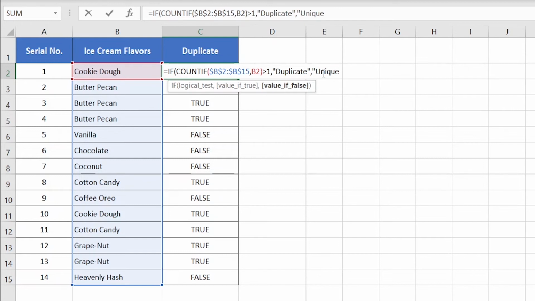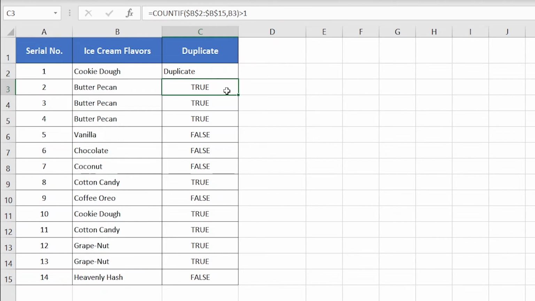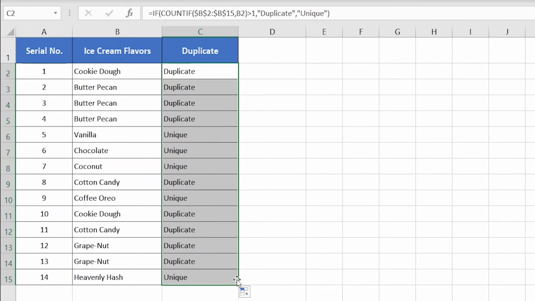After that, insert close parenthesis and hit enter. As you can see, it returns duplicate. Now to copy down the formula, drag down the bottom right corner of this cell up to cell C15. Now it displays duplicate for the duplicate values and unique for the unique values.